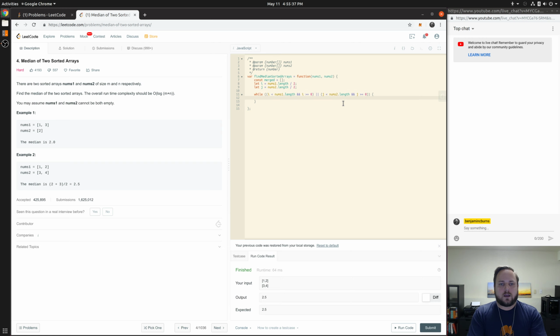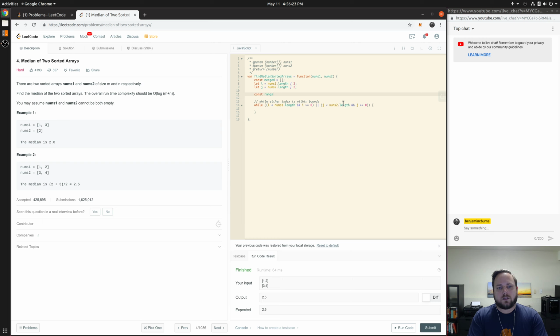I think this iteration is still correct. So I'm just iterating. There's almost certainly a better stopping condition, but for right now I just want to make sure my iteration is safe. So I'm just saying iterate while all indices are within bounds, right? Specifically while either index is in bounds, not both. And then, so I've got this number. I'm probably going to take this pretty much verbatim. So I'll do